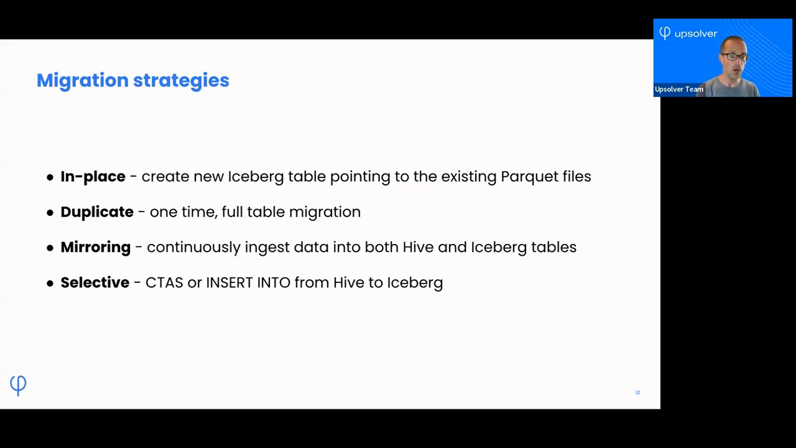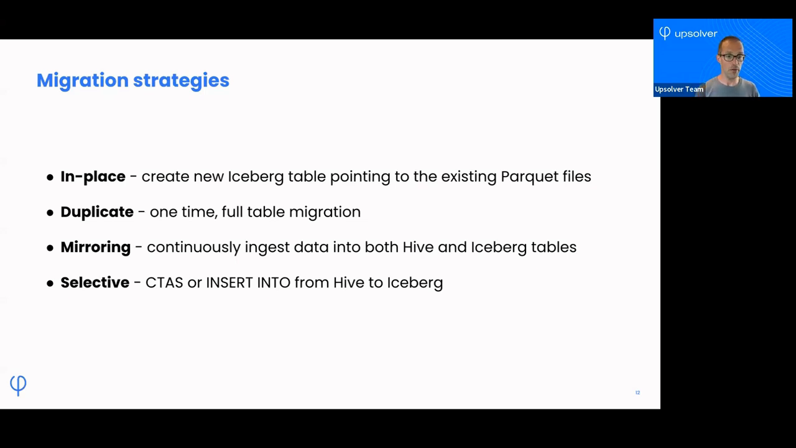Duplicate might be similar to the in-place, but in essence, you're duplicating the Hive table. You're rewriting the data. So you're creating a new Iceberg table, the metadata, and then you're creating new data files. You're reading the old, creating the new, and then pointing all your metadata to that new table. So you end up with two duplicate data sets. However, the Hive one constantly updates, whereas the Iceberg one is a bit static because your duplication was a one-time